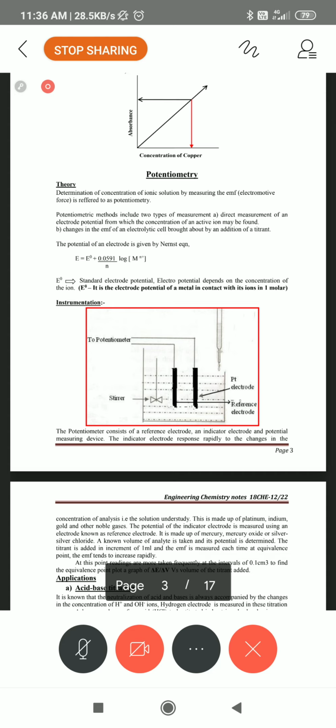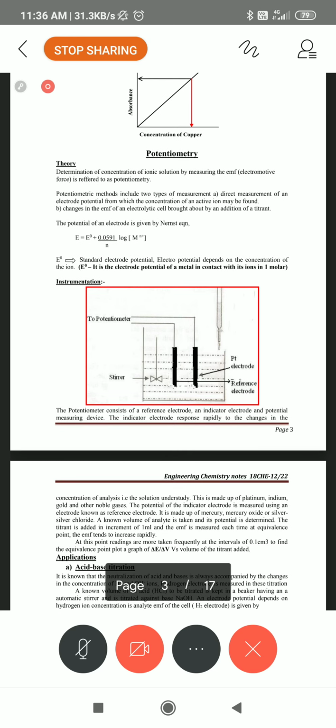But this steeply increasing point, we can call it the jumping point. You get the jump. That is the equivalence point, where the potential increases steeply. Means the maximum titrant reacts with the analyte to reach this point, we call it the equivalent point. So for these two lines, the experiment is over.